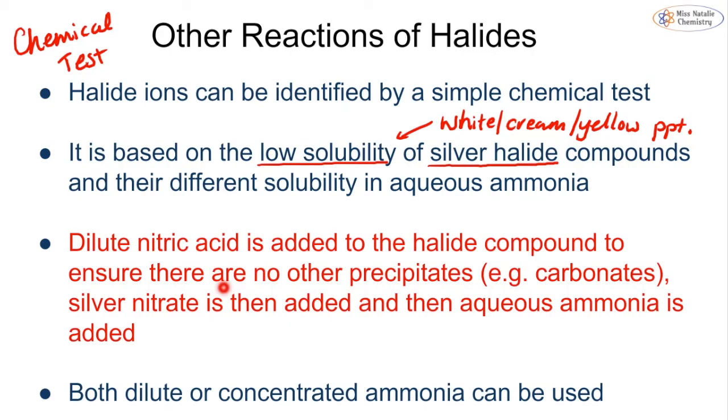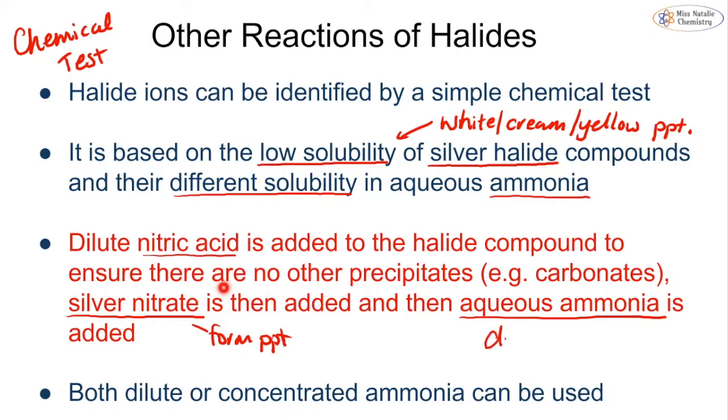But because these are quite difficult sometimes to distinguish between, we can take advantage of the fact that they all have different solubilities in aqueous ammonia, and we can easily distinguish between a chloride, a bromide, and an iodide. So how this happens is we add the dilute nitric acid to our suspected halide compound, and this just removes any other precipitates. We add the silver nitrate to form the precipitate, and then we add the aqueous ammonia, and it can either be dilute or concentrated depending on which one it is that you want to test for,